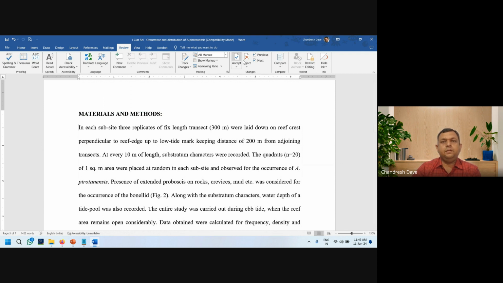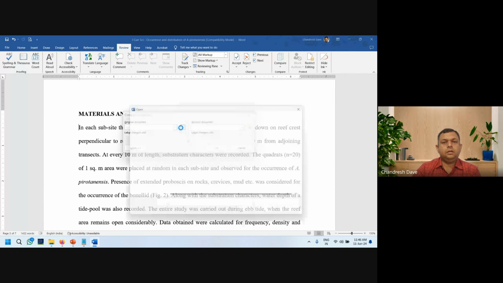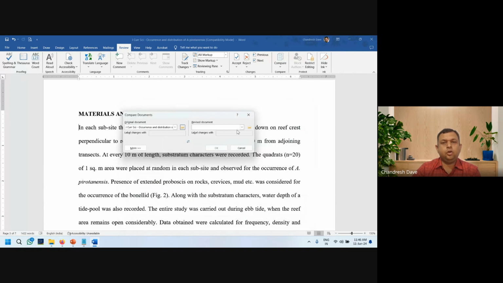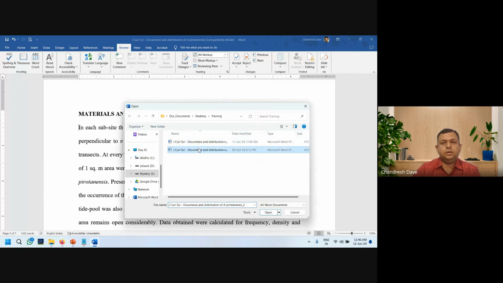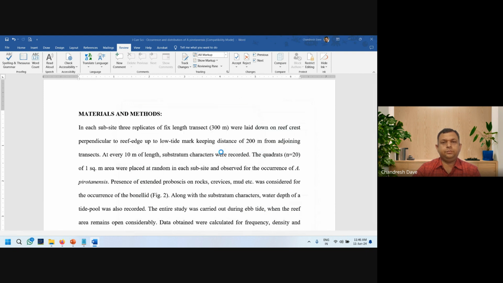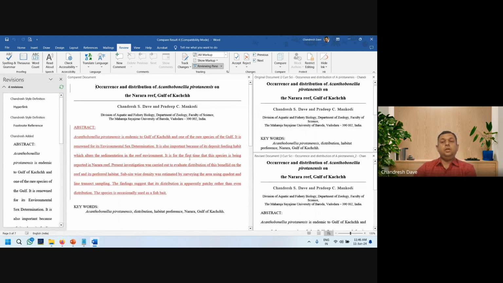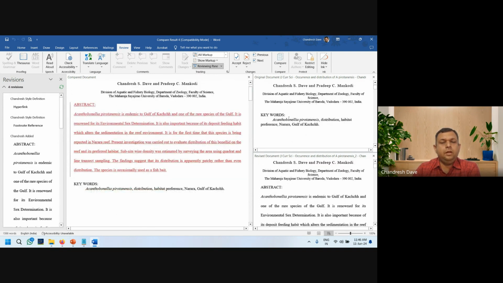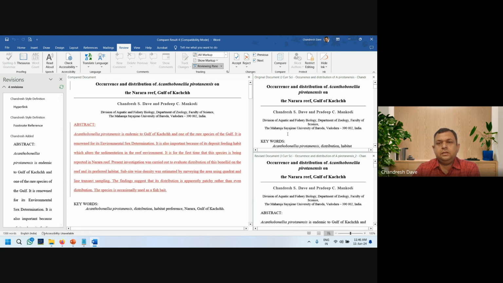Now I go to review, compare, the original document and modified document. Okay. So it will suggest what are the differences in these two documents. So this is the original, the modified document.